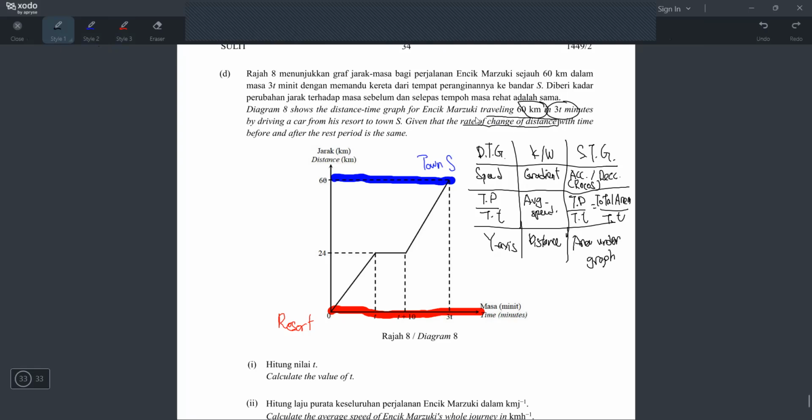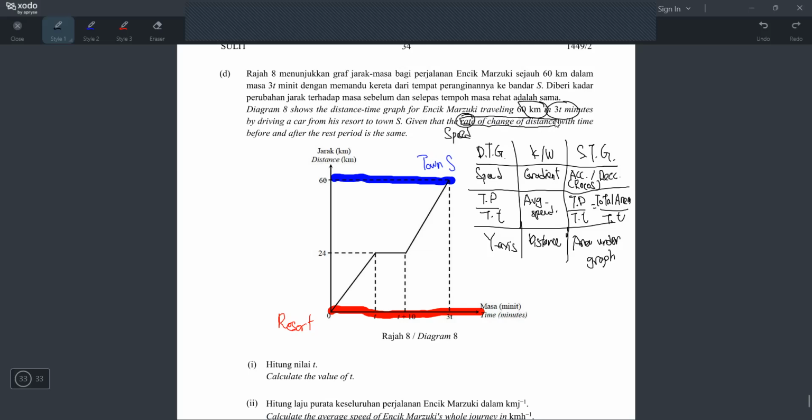It is speed. Do you remember I told you acceleration has another name, which is rokos? Rokos is rate of change of speed. But this is not rate of change of speed, this is rate of change of distance. So I want you to know this word rate. Rate means divide by time. So if I say rate of change of speed, it means speed divided by time, which is acceleration. But if I say rate of change of distance, it means distance divided by time, which is speed. That's why this one is speed.